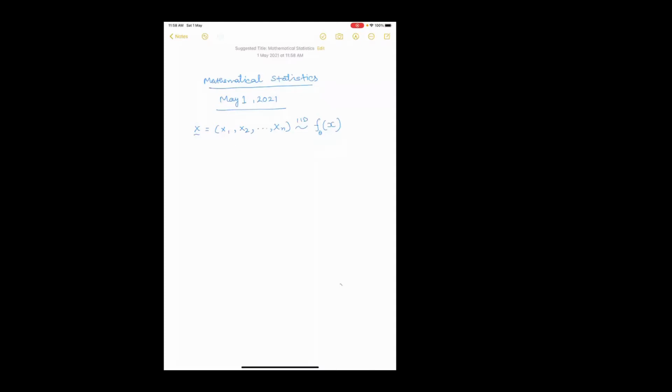Now, theta belongs to some parameter space, capital Theta. Generally, what happens is that once we observe Xi equal to small xi, the samples, where i runs from 1 to n,